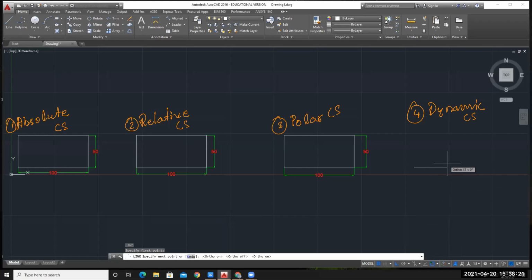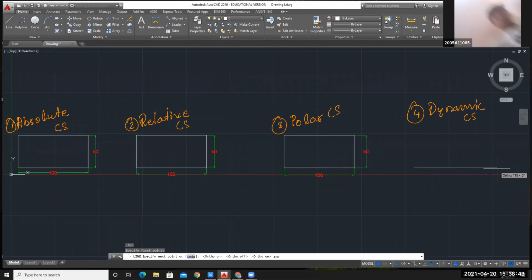Now we have decided that we want to move in horizontal direction. By what distance? I need to draw a line at 100. So simply you type 100 on the command line. Nothing to do. Simply type 100 by giving the direction in which direction I want to move.